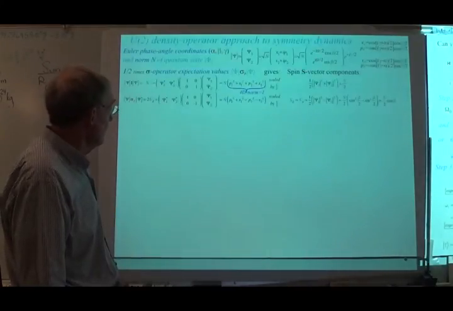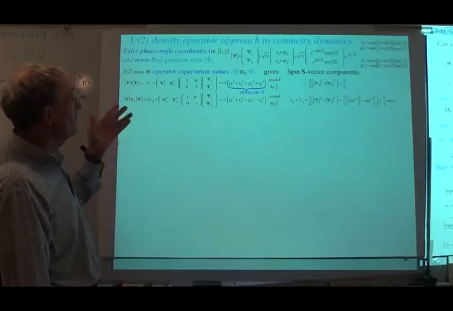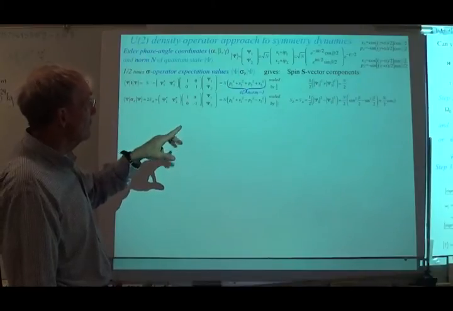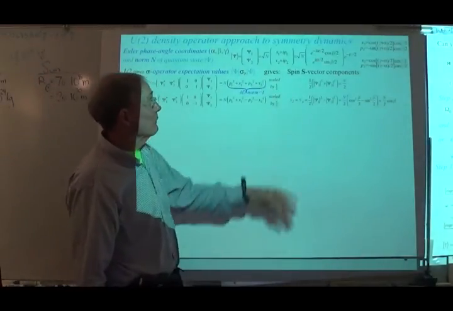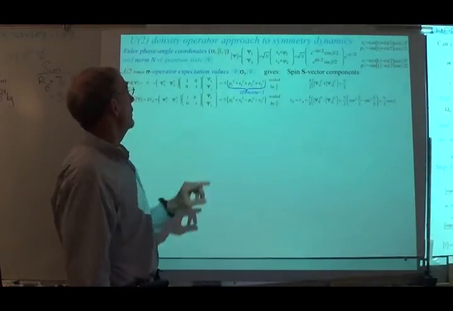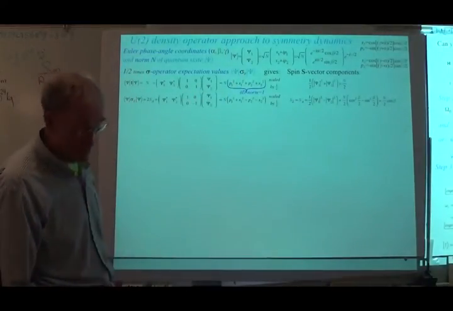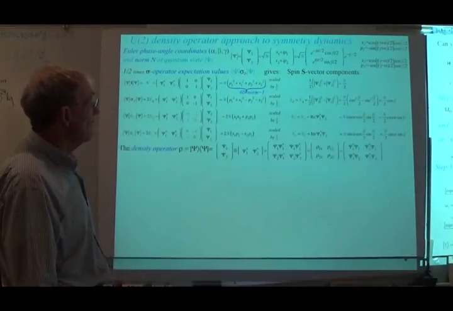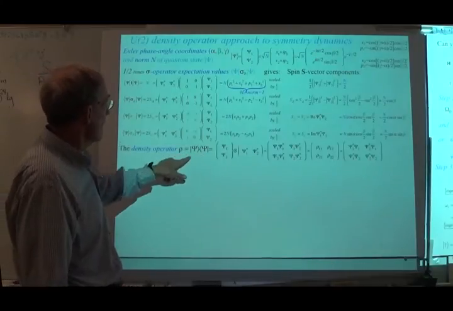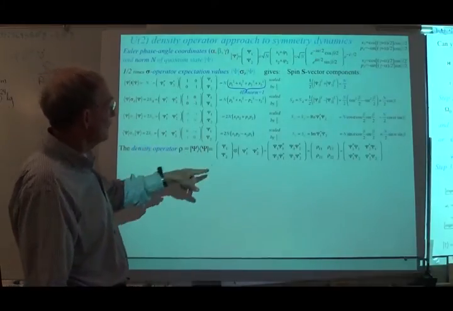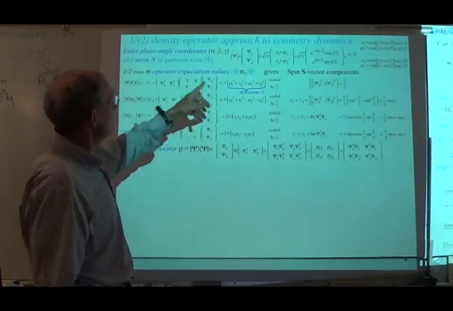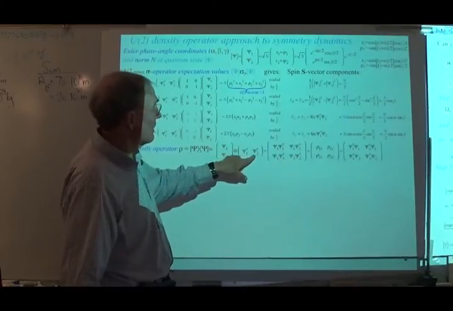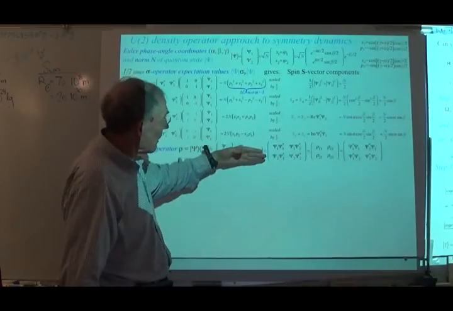I'm going to speed up here just to get you a feeling for what you do in quantum mechanics with density operators. With density operators, you're interested in making use of components that we already have. This is what the state looks like, and there's what some matrix elements look like. That's ordinary quantum mechanics. But you start playing with outer products like this. There's rho for density. It's just the psi 1, psi 2 that we've got right here, outer product crossed with the complex conjugate, the ket bra